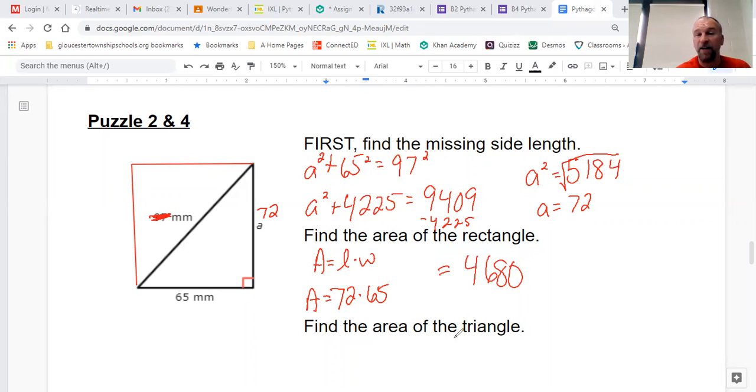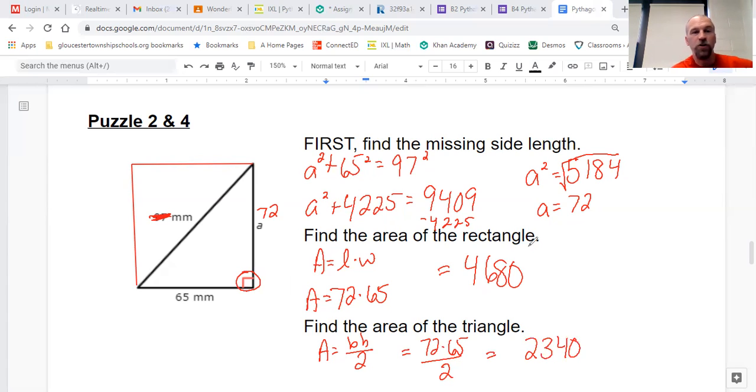And then if I had to find the area of the triangle, well, the triangle is base times height divided by 2. Sorry about the lights. So the triangle area is base times height divided by 2. Remember, different formula. So the base and the height have to be the two legs. They have to make this right angle. They have to be perpendicular. So it's going to equal 72 times 65 divided by 2. So the area of the triangle would be